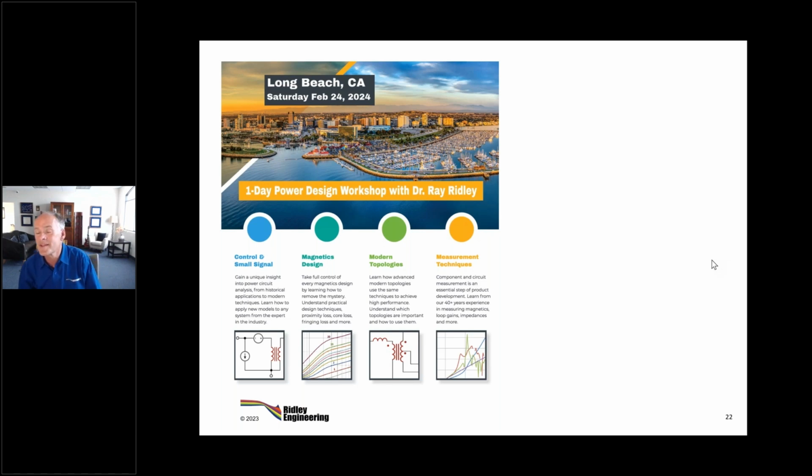We do put out PSIM models, but quite honestly, we should all be starting with LTspice, and it should be able to be read by all these packages. And some of them do, I think, now. So if you've got the LTspice model, you can take it and put it into any of your favorite simulators. Same approach for powder core, absolutely.